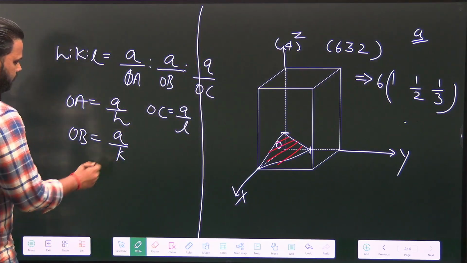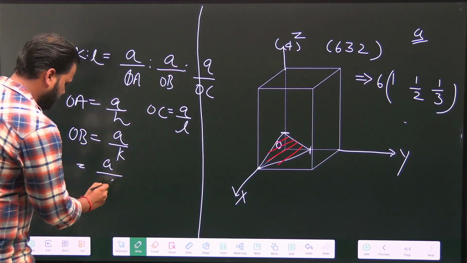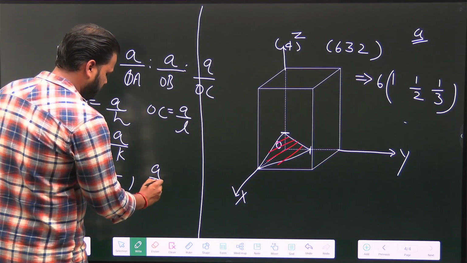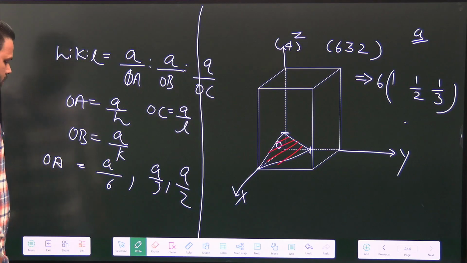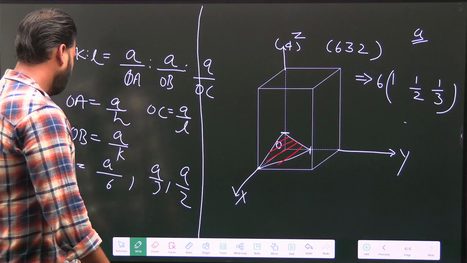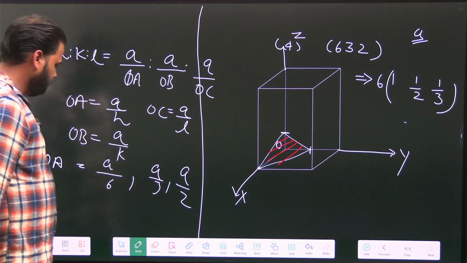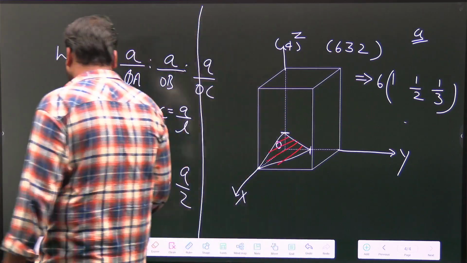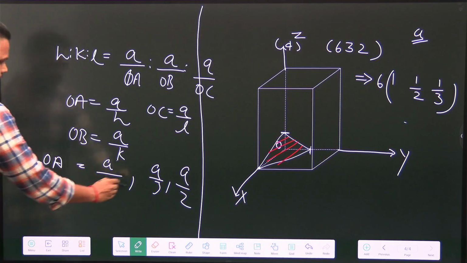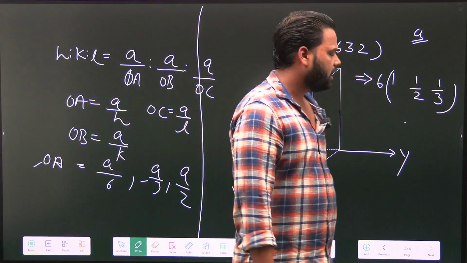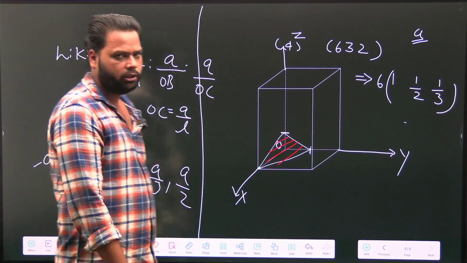If we see the H, K and L, so the intercept A by means 6 and it will be A by 3 and it will be A by 2. That will be our intercept. Okay, 1 by 6, 1 by 3 and 1 by 2. Okay, this will be our intercept. This will be our intercept, not that one. Okay, yes, you are right. This will be our intercept. A by 6, A by 3 and A by 2. No need to go there. Okay, अगर आप ऐसा करते हो तो भी आपको पैरेलल प्लेन्स ही मिल जाएंगे. But now you can draw this A by 6, A by 3 and A by 2. ये तो easily draw हो सकता है ना